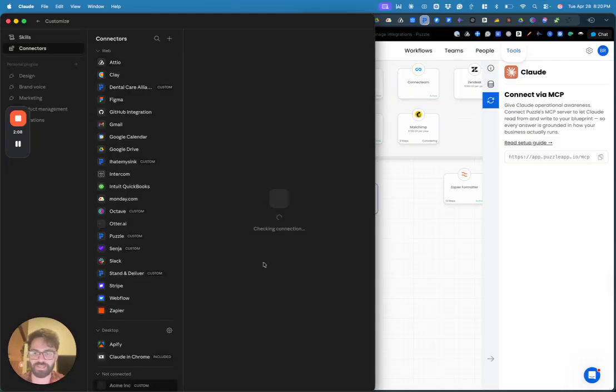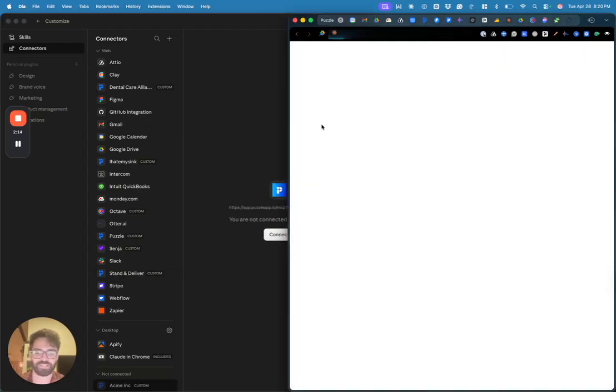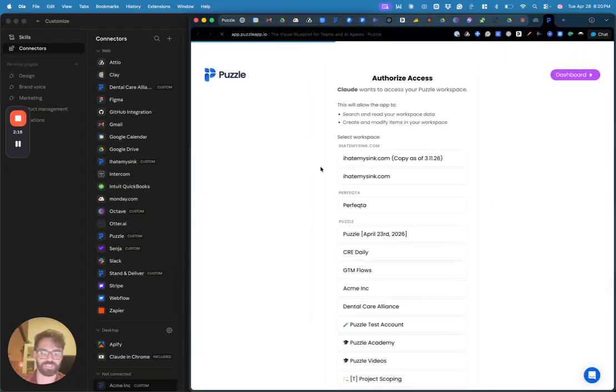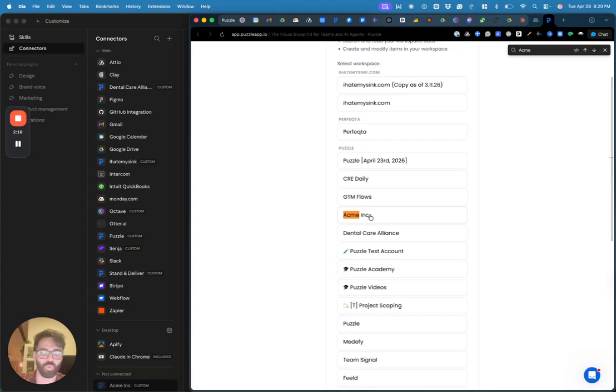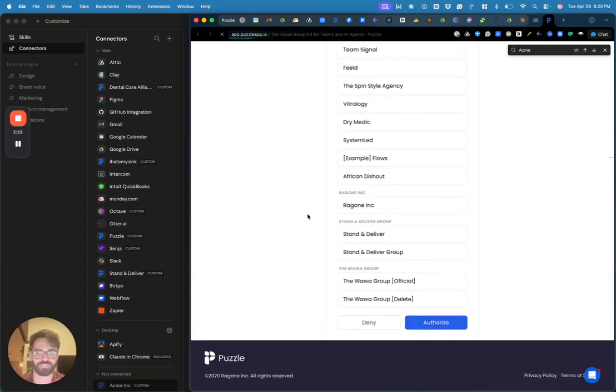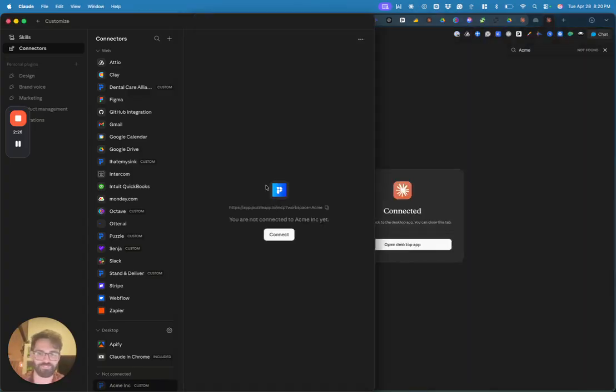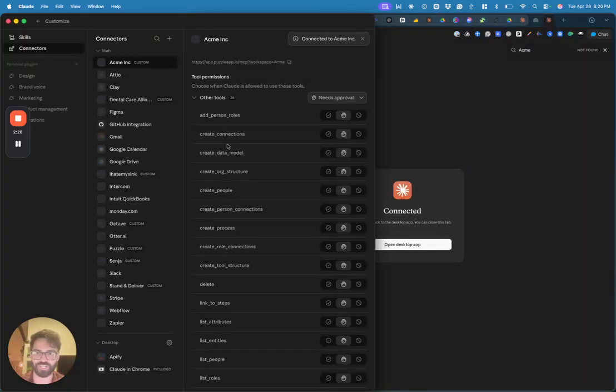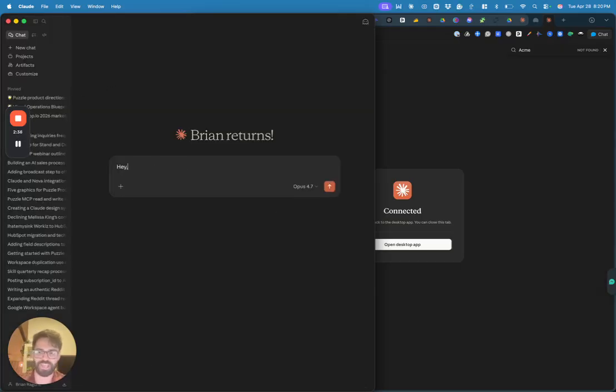I click add. You will see that will create a new Acme Inc. Puzzle connector. I click this button connect. It will bring me to the authorization page where I select the specific workspace that I want to connect to and click authorize. From there, it will go ahead and finish the integration, and you will have a brand new connector with that distinct workspace connected,